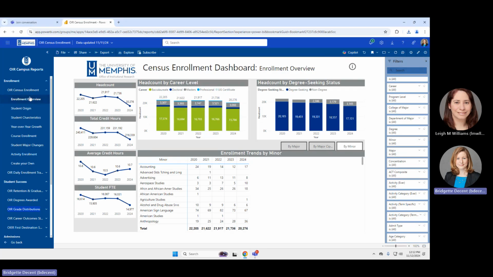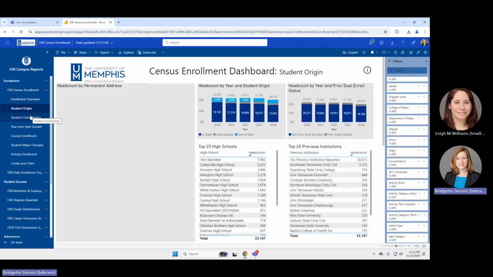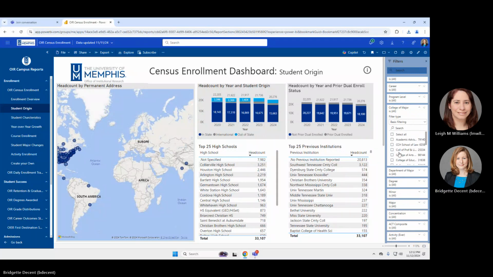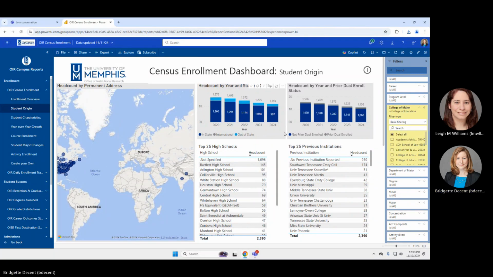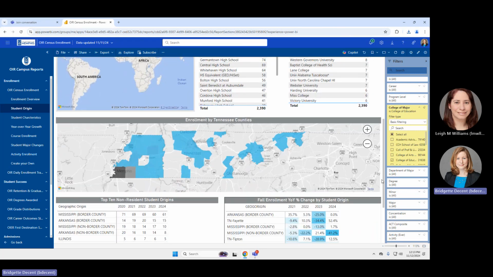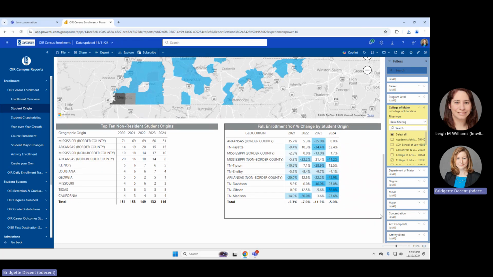Okay, so we have basic enrollment overview information. We have information on student origin, so where did your students come from? So you can see top 25 high schools, where they came from, top 25 previous institutions. Also see enrollment in Tennessee counties, where non-resident students are coming from, and then what's the change in student origin